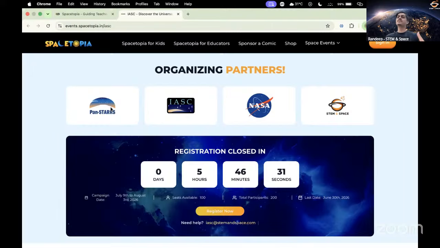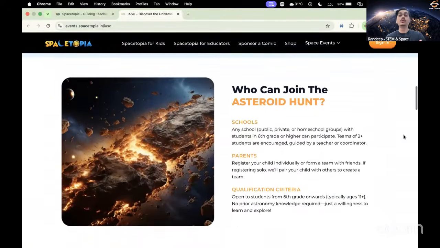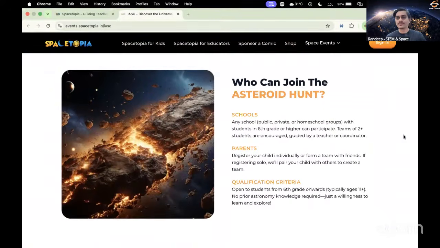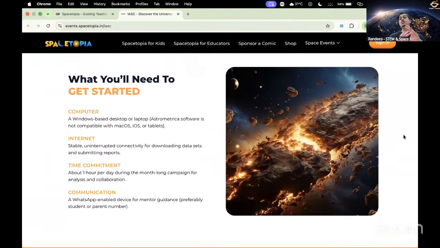Although this program is meant for grade 6 and above, some of you who are still in 5th can plan to participate once you go to 6th next year, or you can just show this to your elder siblings. And eventually you can prepare yourself from now itself to participate in such a program. We keep it for 6th and above because there are certain technical aspects which usually the senior students are able to understand. But the gist of the program is that you get enrolled and we guide you through the entire process,